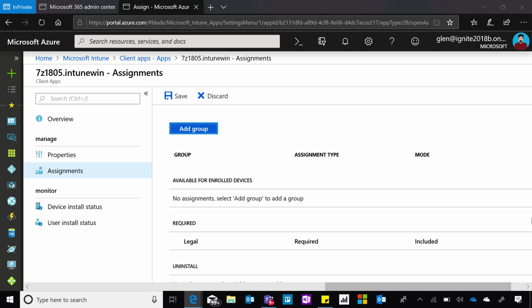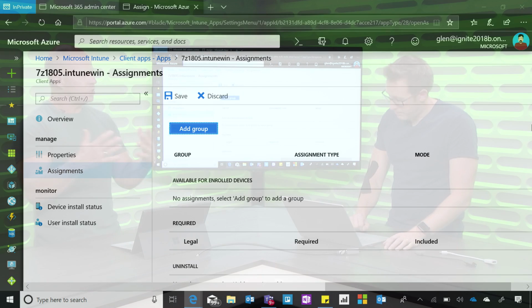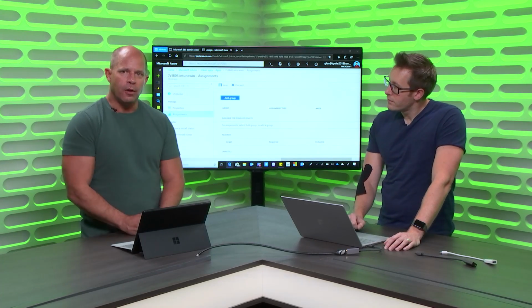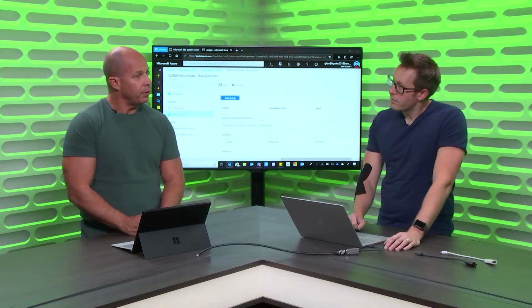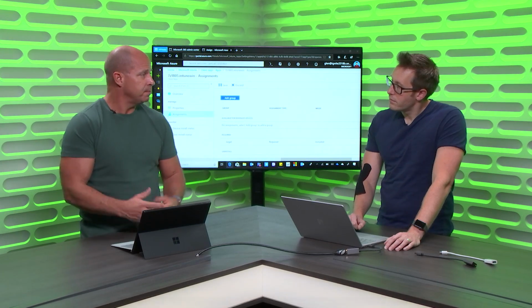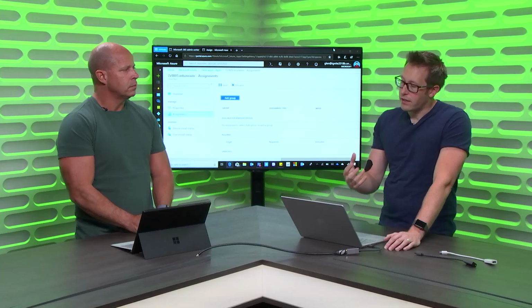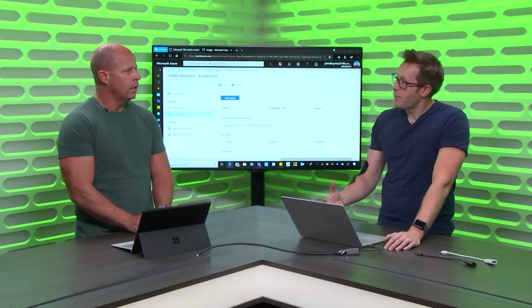And then over the next couple of months, rules around supersedes and all the other richness that people are accustomed to in Config Manager, we'll start building that into Intune, and by the first of the year, it'll be a really, really solid solution and give you the capabilities you're expecting. Yeah, absolutely. And because we've done this in line with also having things like co-management available, there's lots of different